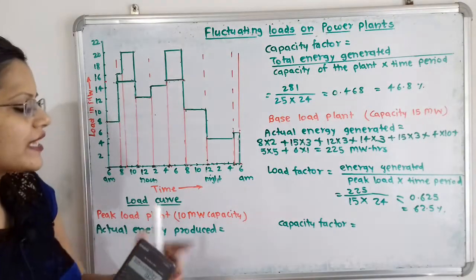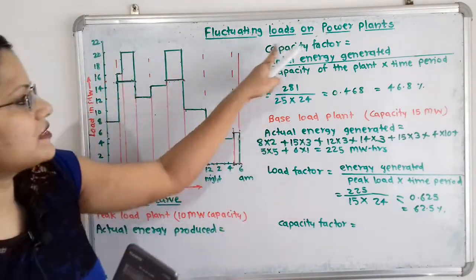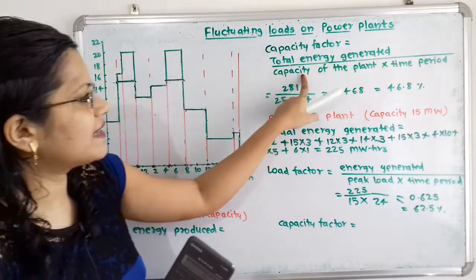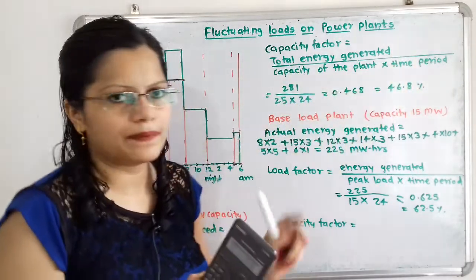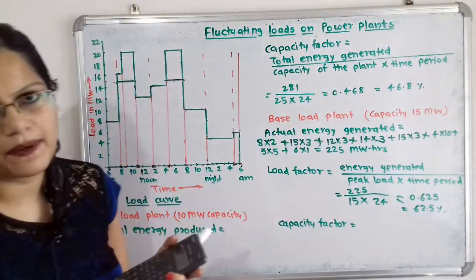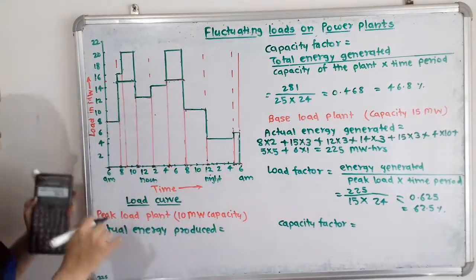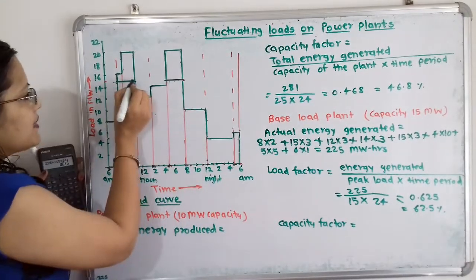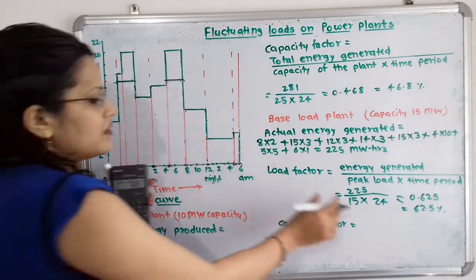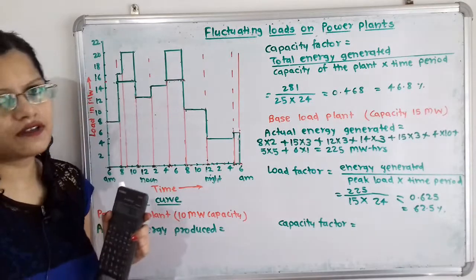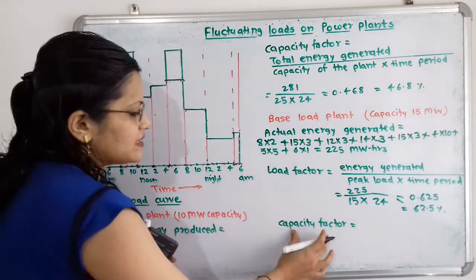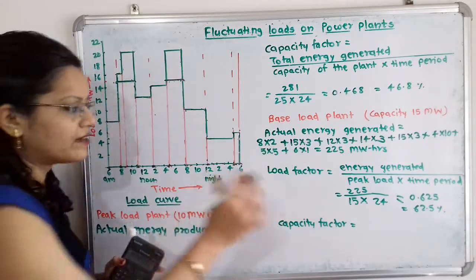Now we will move to the capacity factor. So for this capacity factor, what is the formula? That is total energy generated divided by capacity of the plant into time period. So instead of this peak load, we have to take the capacity of the plant. But if we observe this load curve, here the capacity of the plant is considered as the peak load. So there is no reserve capacity, and for that reason we can say that capacity factor is equal to load factor, which is equal to